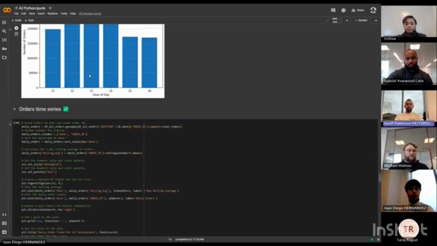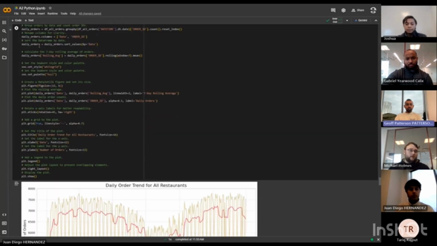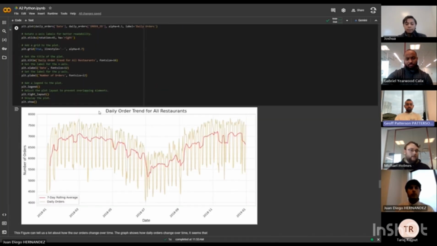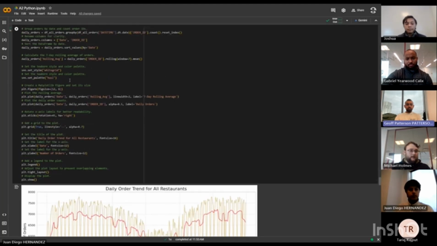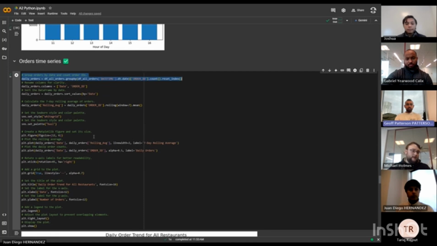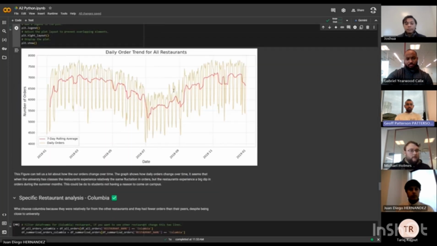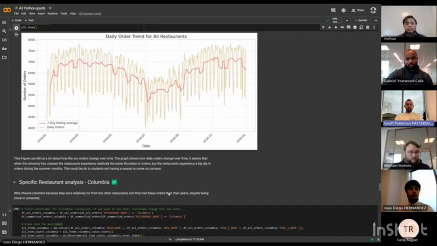Okay, so now that we have all that information, let's look at the overall daily order counts across all restaurants. In order to do this, we grouped together the date and the count of orders that happened on that date. And this graph shows how daily orders change over